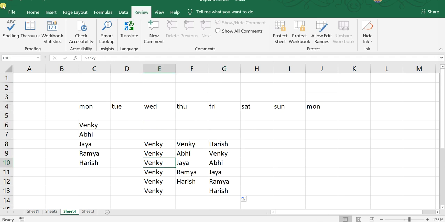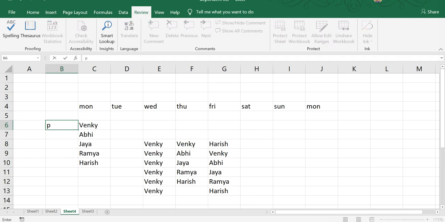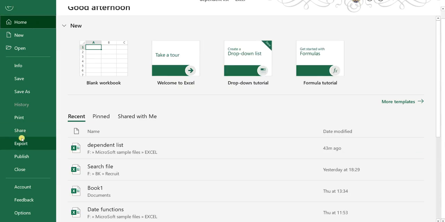And the second one is, suppose I have this employee list in the cells. I don't want to enter directly from the options, so I'll just take the cells and take the reference for the custom list. For that, first we need to enter the list of entries in the cells, in each individual cell. Let me take another list. Suppose I have these 4 cell entries. So what I do, I will go to File, Options,